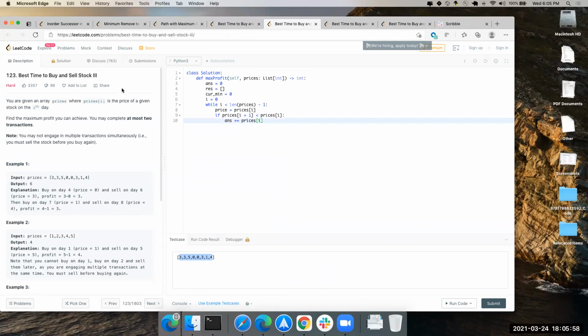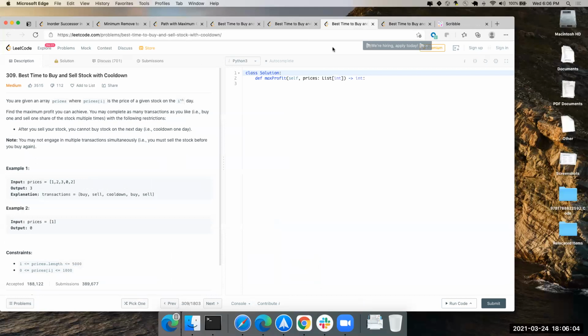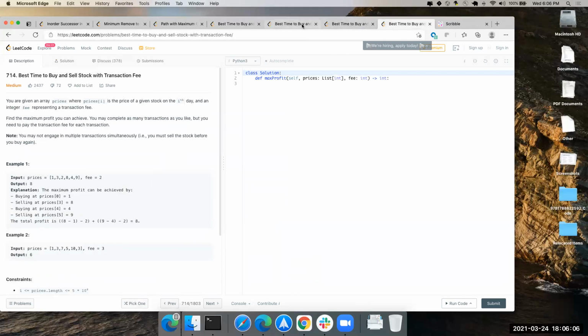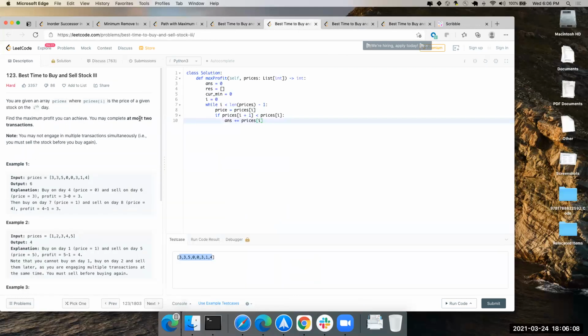And the next question will be at least 2, right? There has to be only 2. No, at least 2 means up to 2. No, this says 2, but we'll change this into you have to have 2. Then your input array needs to allow for 2 transactions. Yes, it has to have 2, but we'll do it tomorrow.